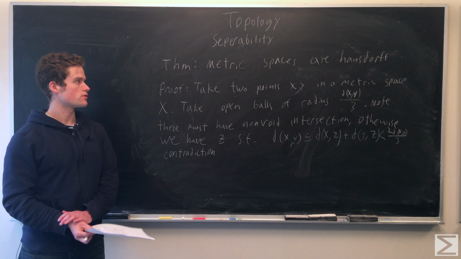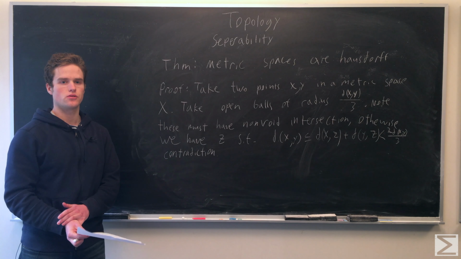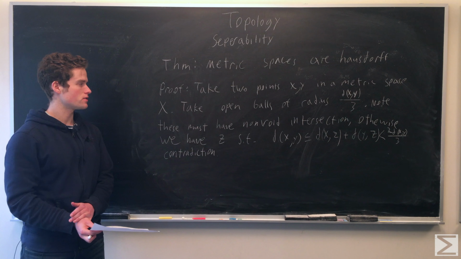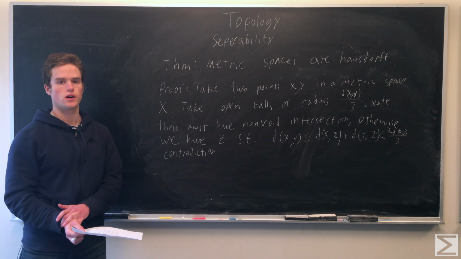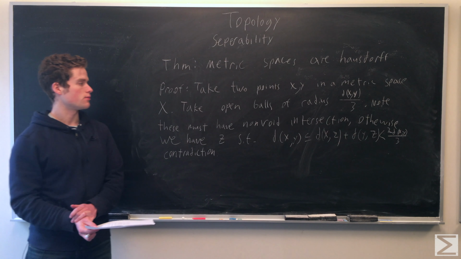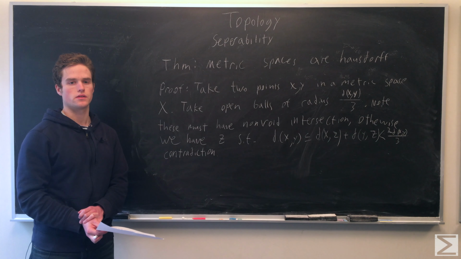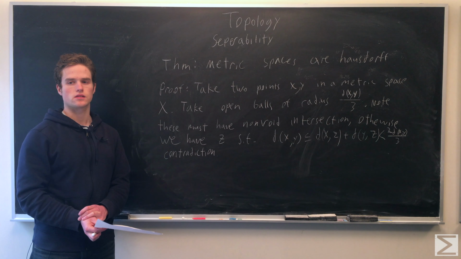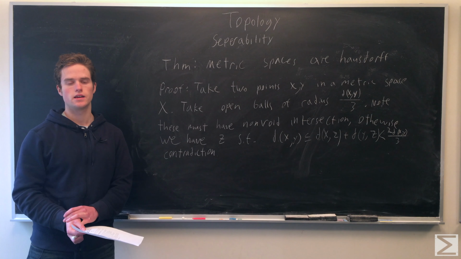So we can show all metric spaces have to be Hausdorff. So take a metric space, take any two different points x, y in our metric space, take two open balls of radius distance xy over 3, one around x, one around y. Now we just need to note that the intersection of these two open balls has to be empty, because if it's not empty, we have some z that's contained in both these open balls, and so the distance xz is